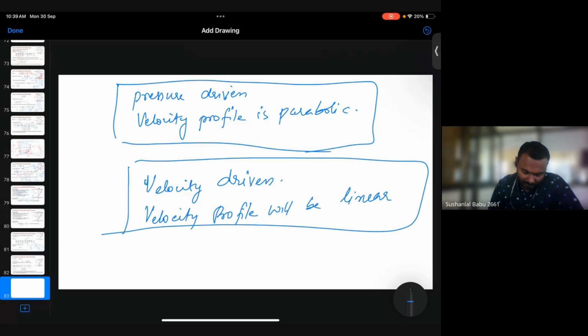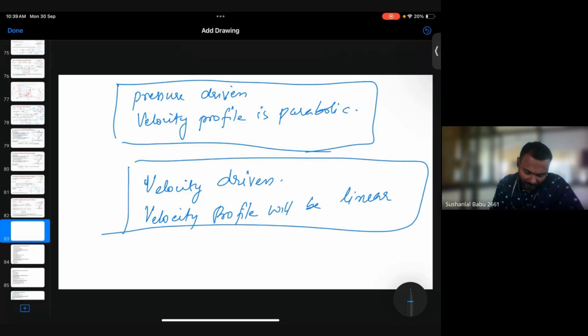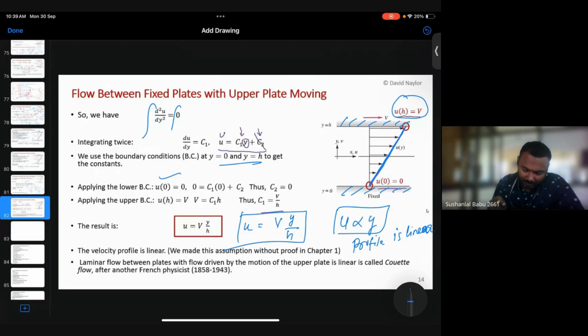Okay. Now this is the final expression for Couette flow. So this is the Couette flow. Okay. Now we will go back and we will do some